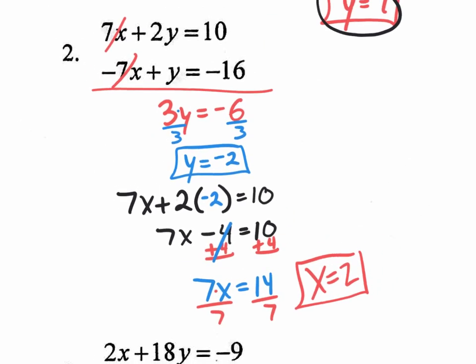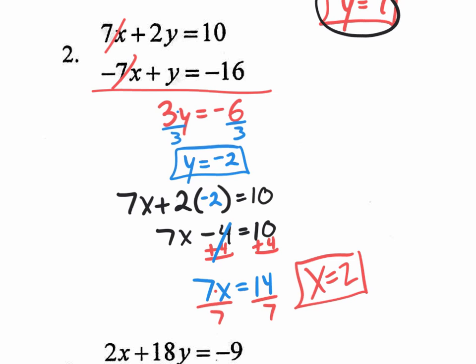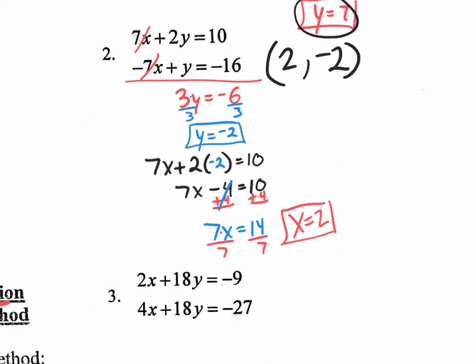So let's write it as an ordered pair. The ordered pair is 2 for x and -2 for y. Once again, if you were to have solved this using a different method, substitution, you'd still get the same answer. If you were to graph it, if you had graph paper and you graphed it, the two lines would intersect at that coordinate 2, -2. Okay, guys, so once again,